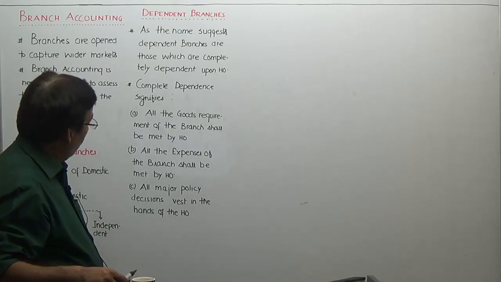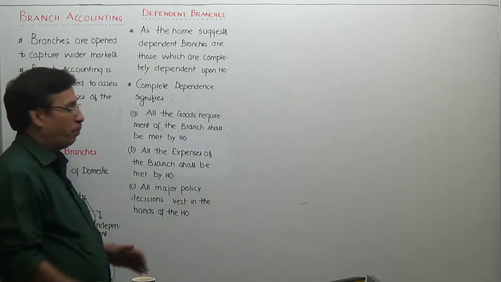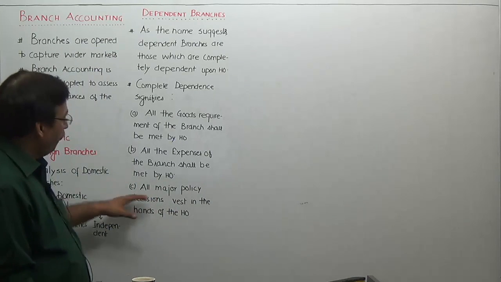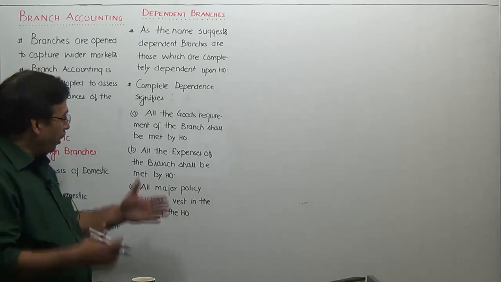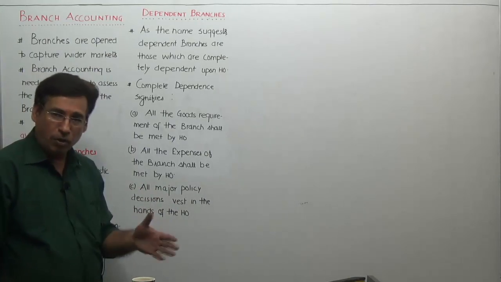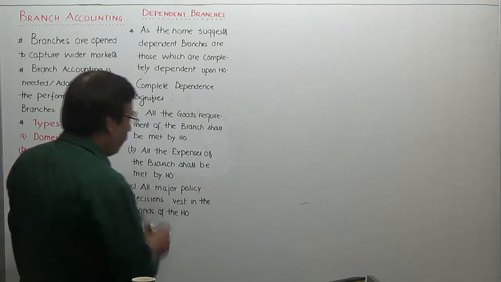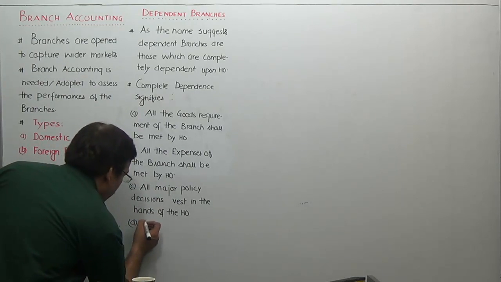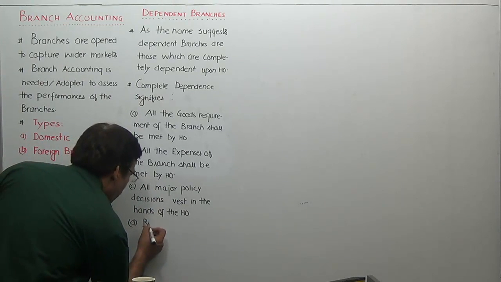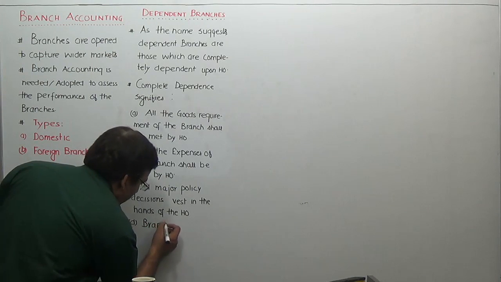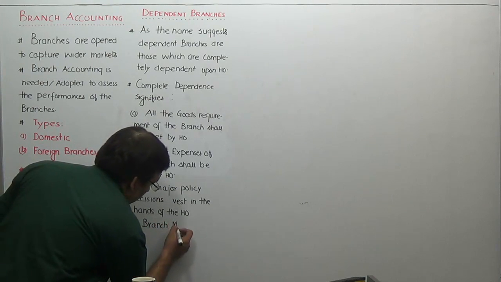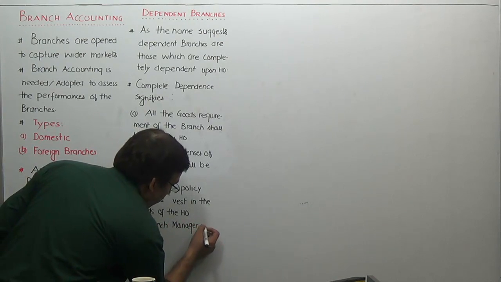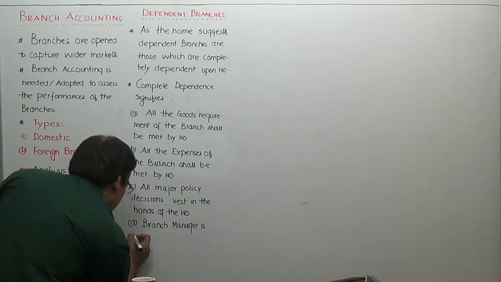Now, what is the branch manager supposed to do? The branch is just expected to, as I have already told you, follow the various instructions, follow the various directions, implement those directions, and execute them to the best of their ability. Branch or branch manager, whatever you may like to write, is just expected to